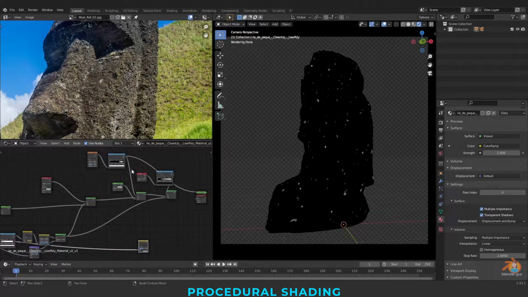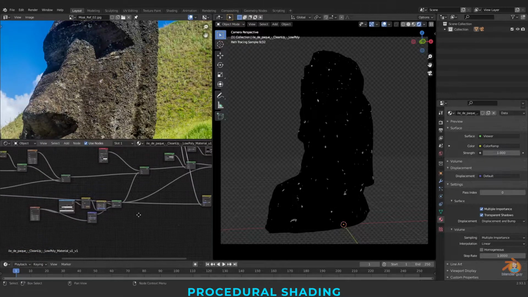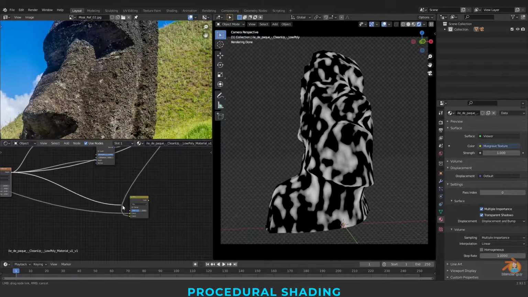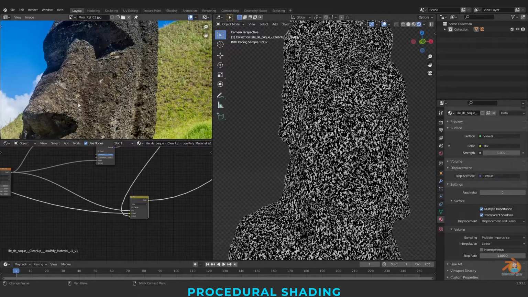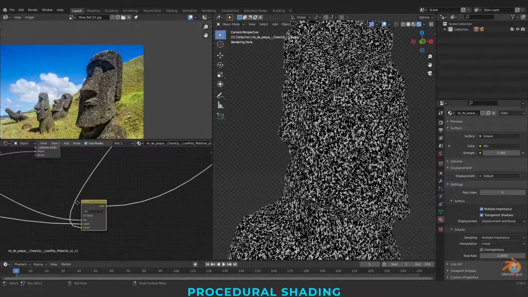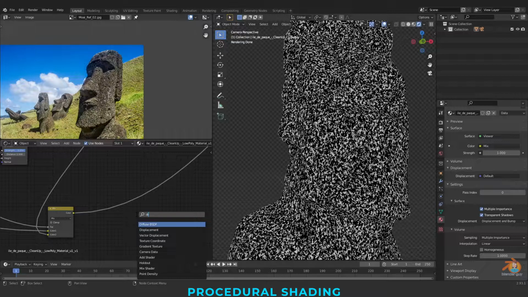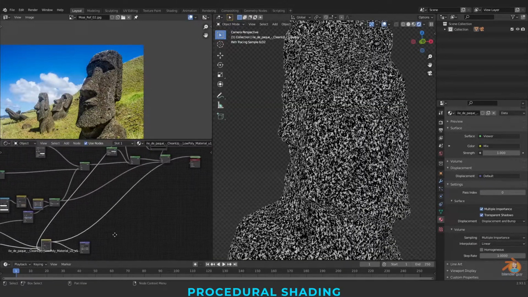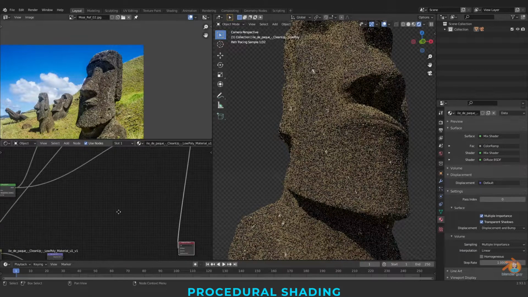It's nothing but whatever noise map I have used to break the pattern. I'm just blending all of them and taking one displacement, connecting this to scale, and this is my final material.